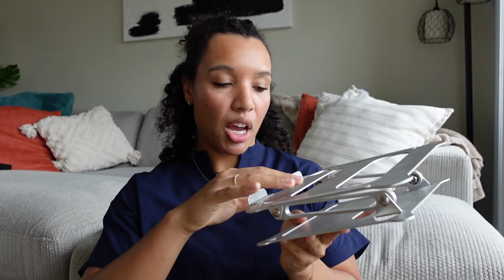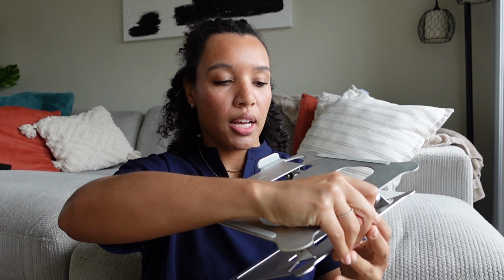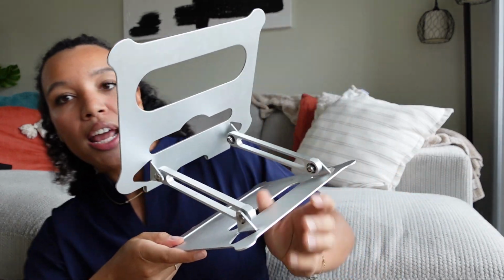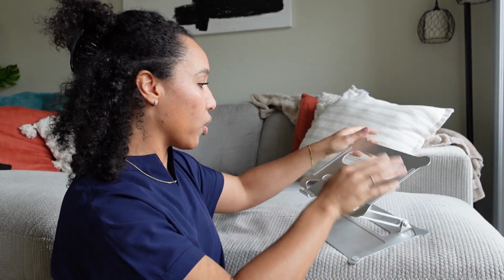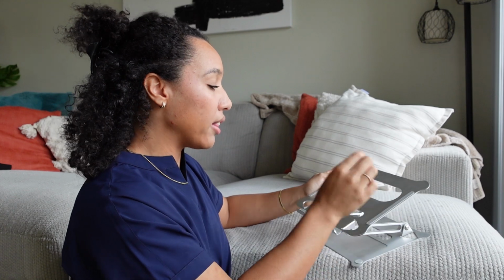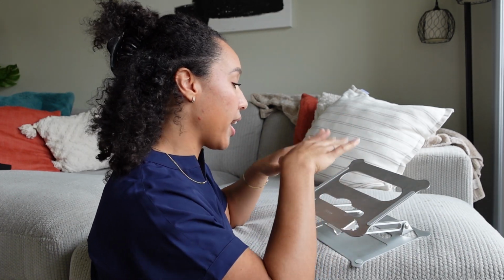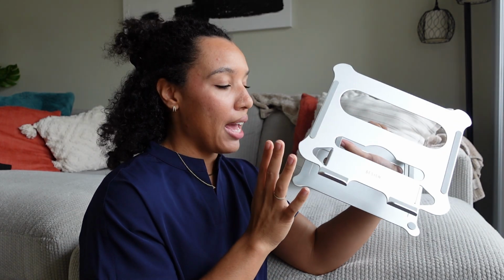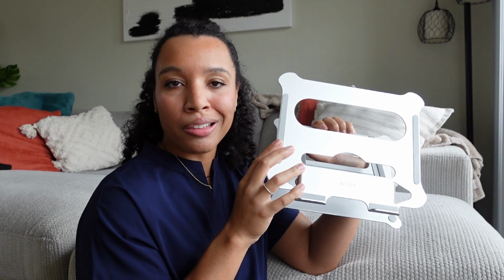This next item is super essential for your long study sessions and your all-nighters. So this is a laptop stand, and you can adjust it at various levels, heights, angles, and whatnot. And this is great for when you're studying to help with your ergonomics, so you're not bent and hunched over and getting that neck strain. I love this with my iPad because then I can write at eye level and you're not bent and hunched over. This has absolutely saved my neck and back, and it was just a simple, I think less than $20